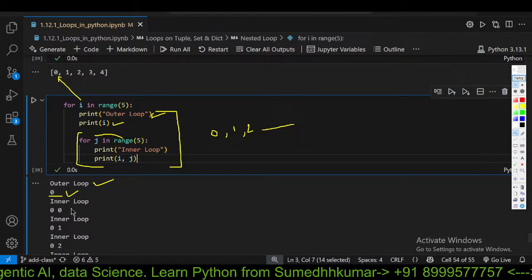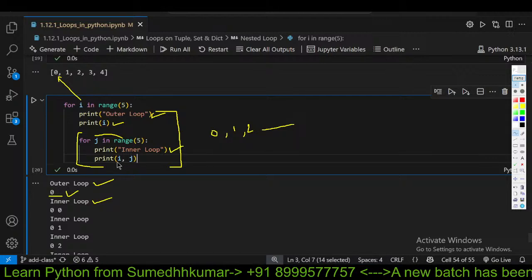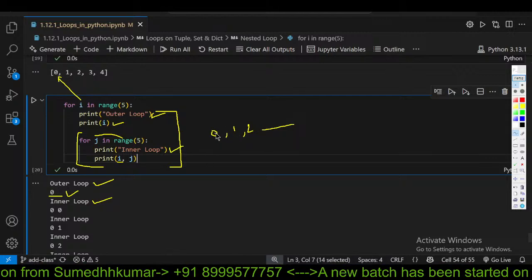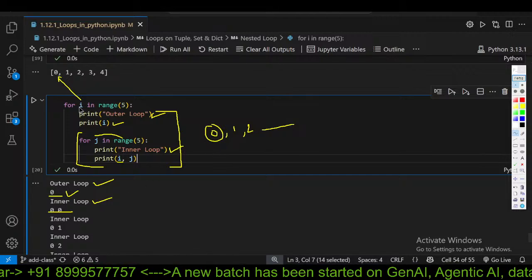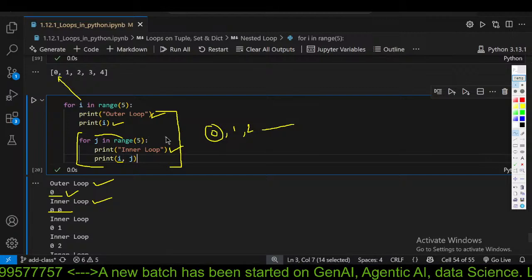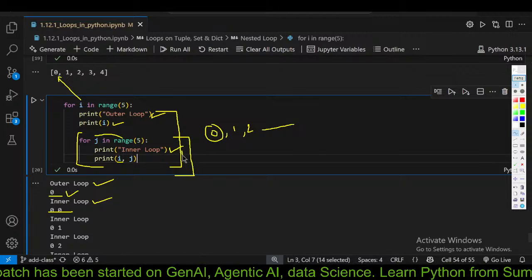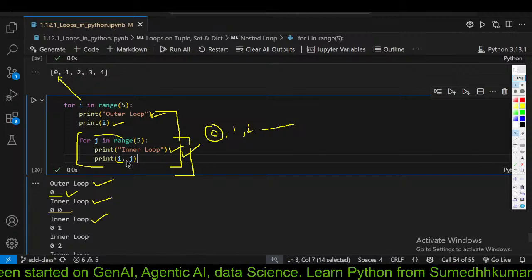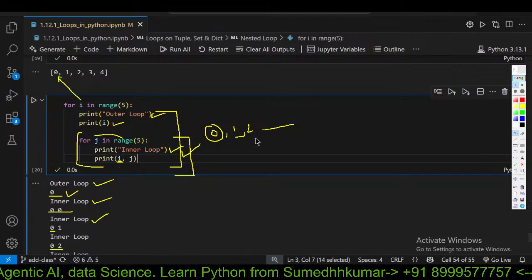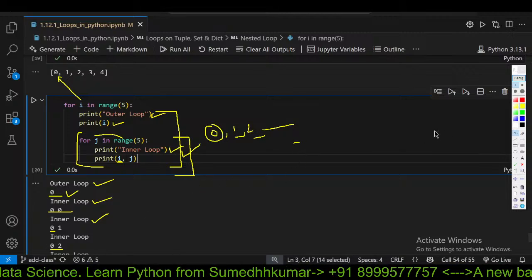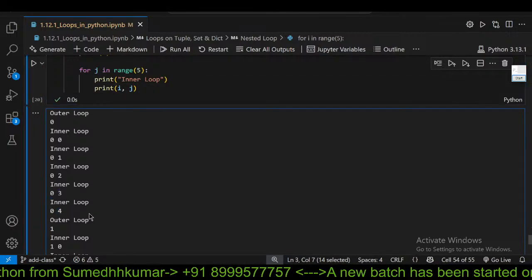तो क्या हुआ फिर, इसका पहले क्या चल गया, इनर लूप प्रिंटेड। Then इसका कहना है when i was zero, j was also zero। जब ये एक बार चलेगा, ये पूरा 5 टाइम्स प्रिंट हो जाएगा। Second time भी इनर लूप प्रिंट हुआ। Then also when i was zero, j was one, when i was zero, j was two, when i was zero, j was three, when i was zero, j was four। तो in this way ये फर्स्ट इटरेशन चलेगा, this is the first iteration।